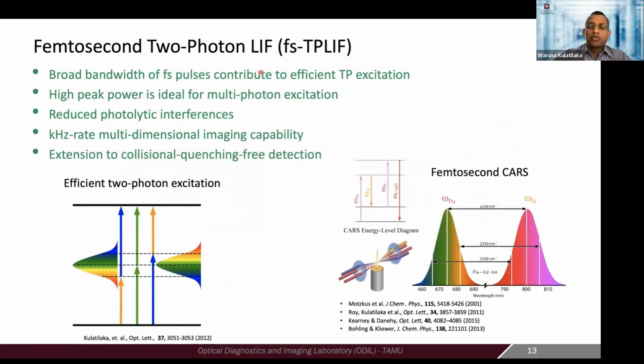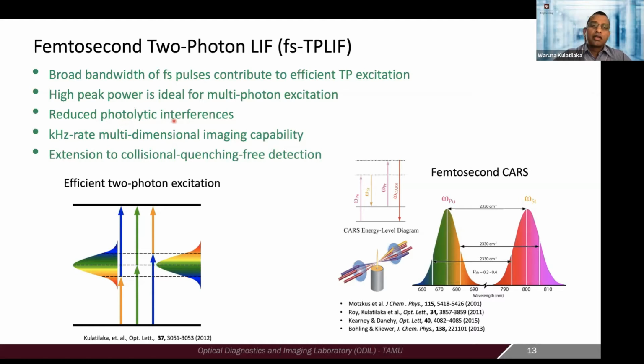These broadband femtosecond pulses, especially because they are very highly intense, are advantageous for multi-photon or two-photon excitation, because the signal scales by the square of your laser intensity. When you do two-photon excitation, because you have high intensity, the signal scales by the square of that. So the shorter the pulse, the more advantageous. So, high peak power multi-photon excitation. And the bandwidth effects I will talk more about as we go forward.